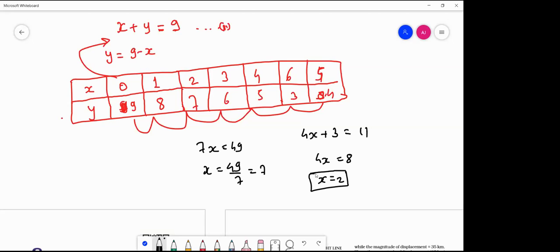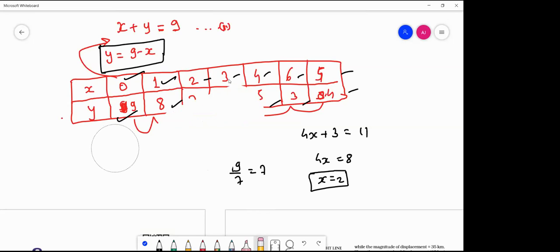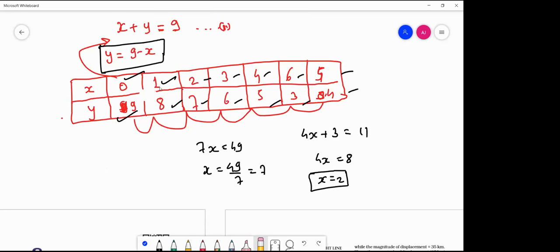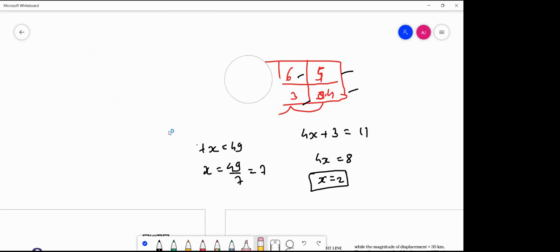But when there is only one variable in the equation, it is quite easy. You just transpose it and you will get the answer. But in two variables, it is not that easy. In that case, you need to get y in terms of x, put different values of x, and you will get different values of y. So you will get a pair of solution, a pair of values. This is called a solution of an equation in two variables. I hope you understood the difference between one variable and two variables.